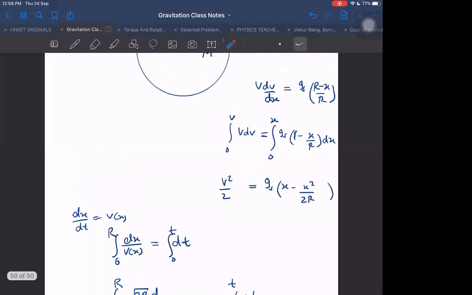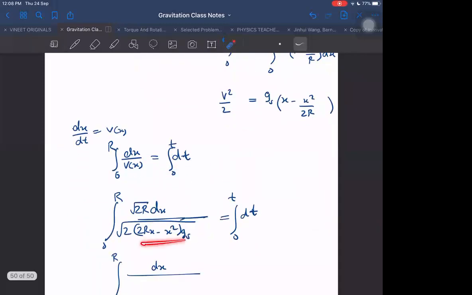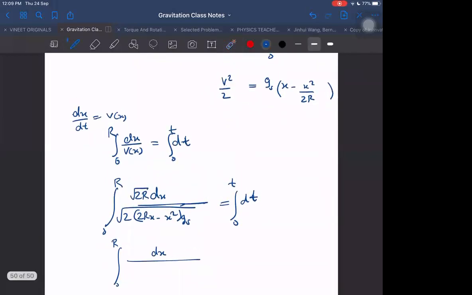I think no mistake is done because in this case acceleration is positive only. Just put the values and check it out, sir. 0 to r. Whether the root is becoming negative or positive: if I put r here, r minus r square by 2r is r by 2, positive. I was thinking because v square should not come out to be negative. But it is not wrong, it is correct only. Then we can do it, it seems.